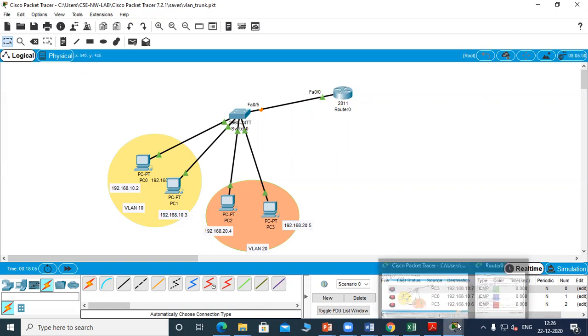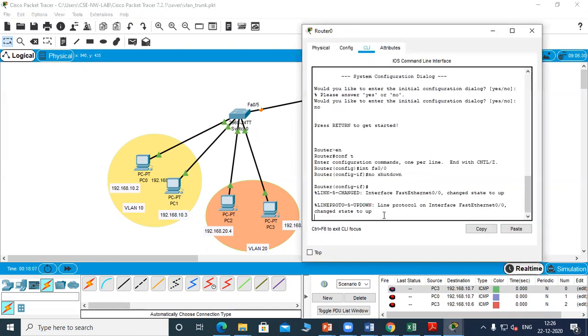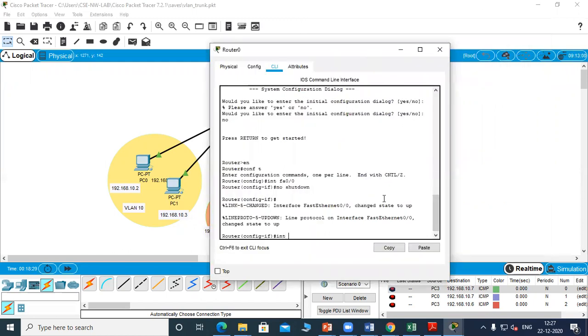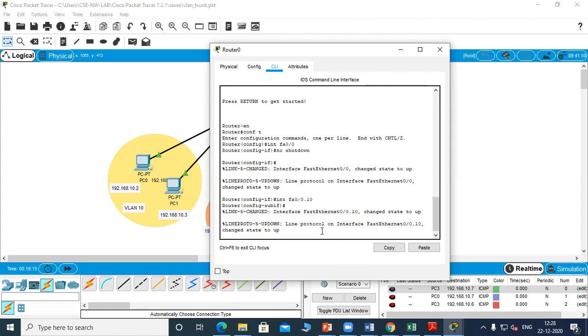Now we have to subdivide this link into two interfaces. So go to the interface. So we'll use this command. To create a sub interface, the command is int interface FA0/0.10.